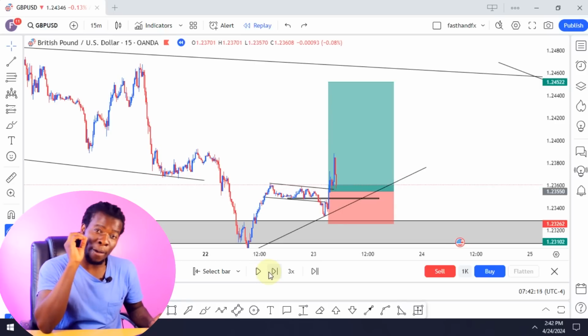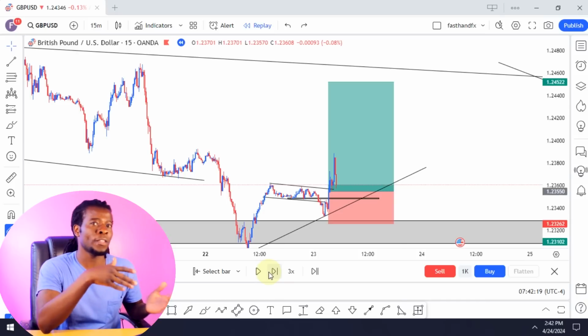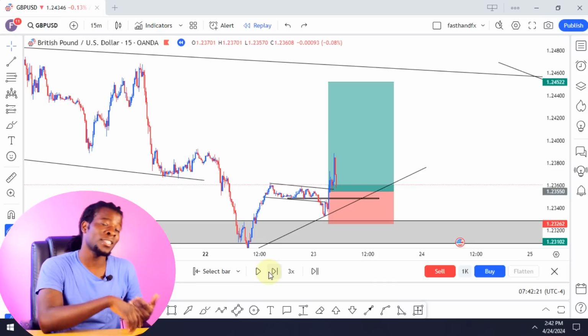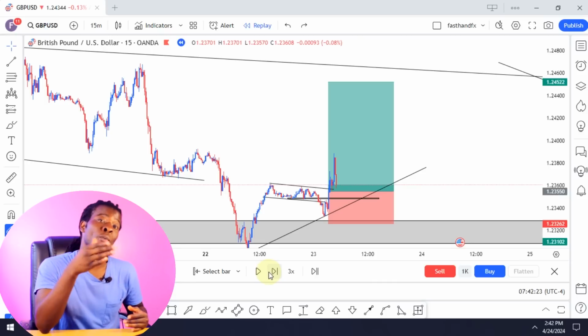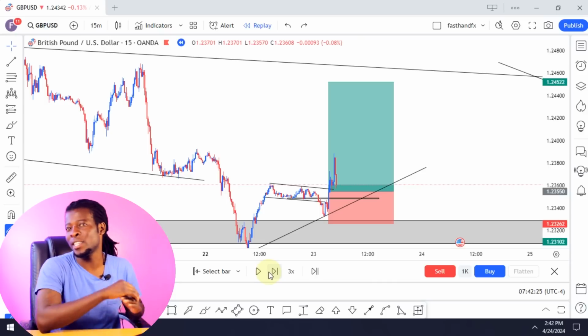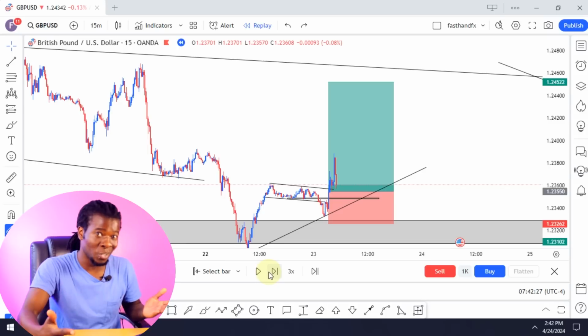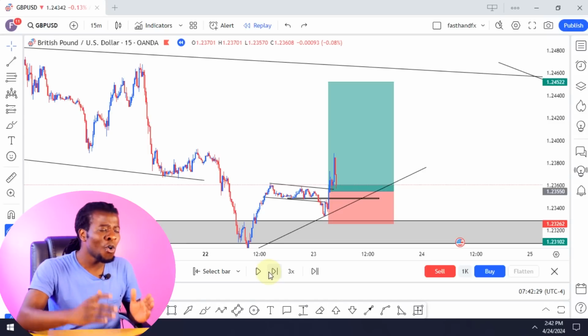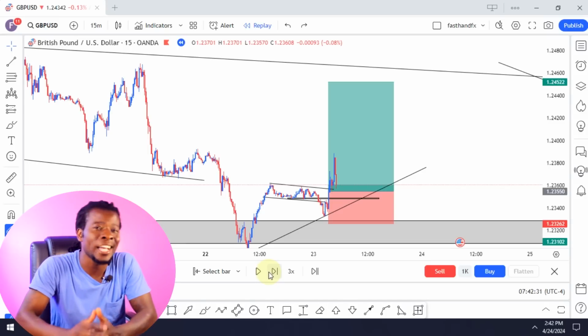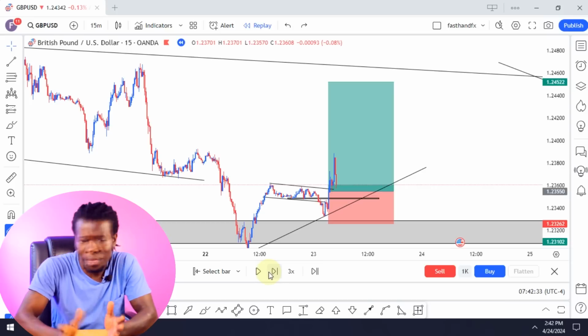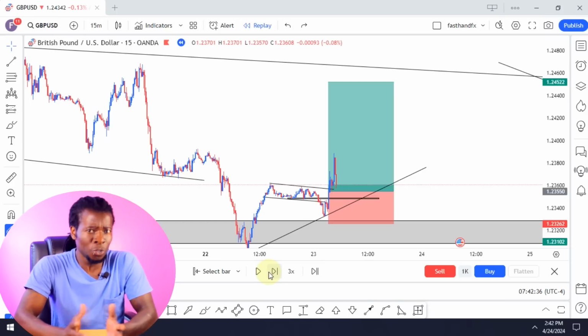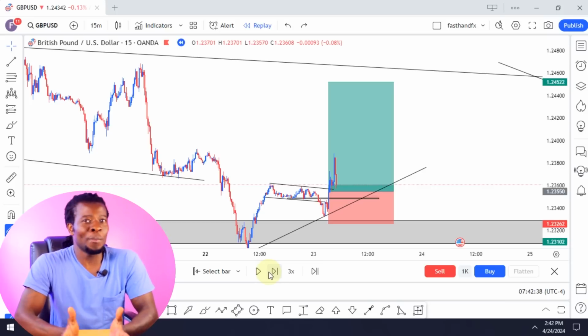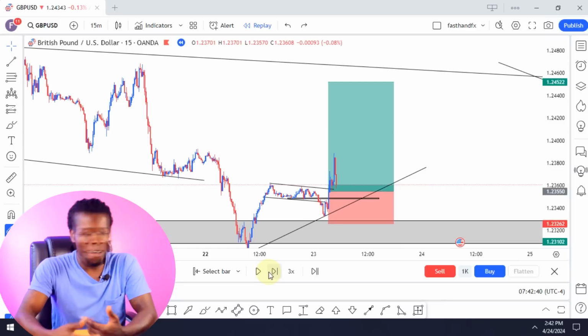I know most people will have closed this entry because they saw that the market is pulling off, but you need to understand that there's no way the market is going to shoot all the way up, or there's no way the market will just drop, guys, unless there is news, you understand? But always anticipate or always expect corrections. I say you don't just breathe in and hold your breath. You need to breathe out.